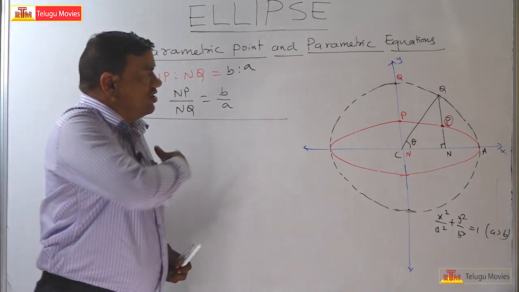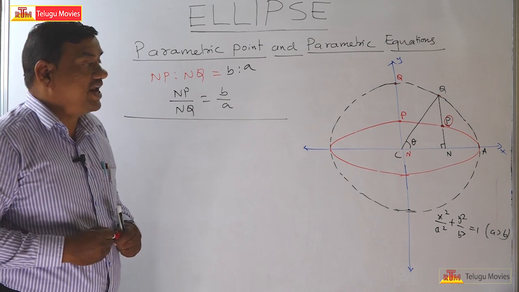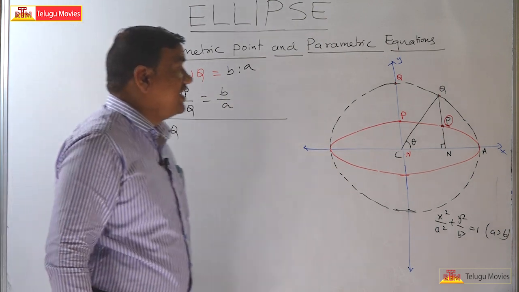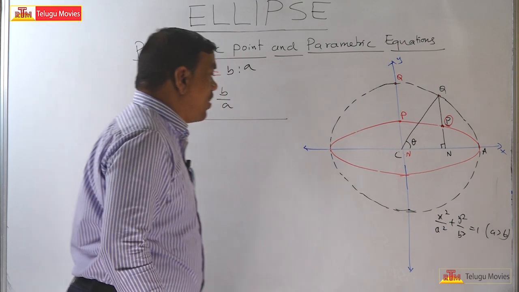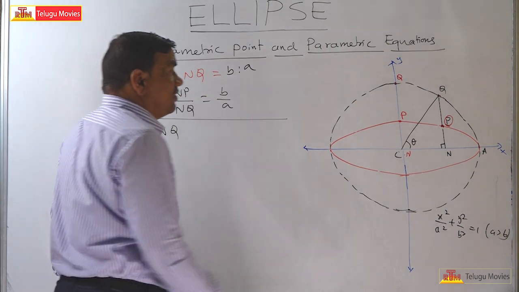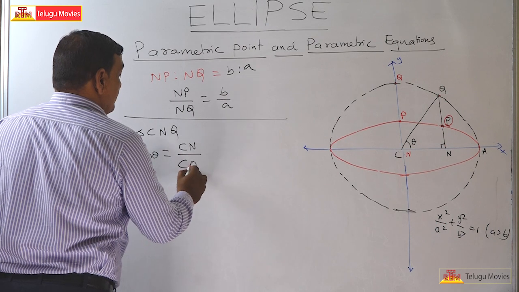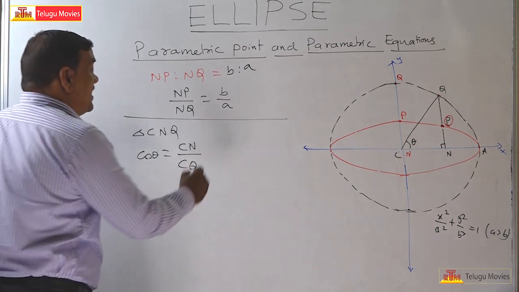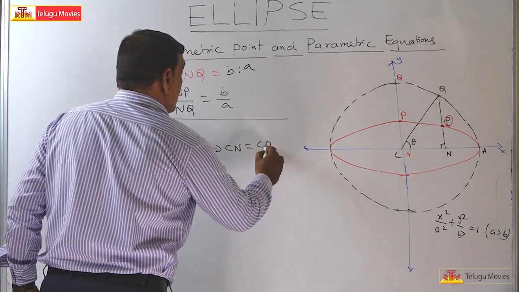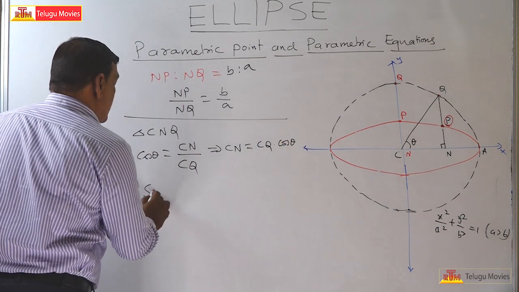Now, clearly you are seeing a triangle CNQ. CNQ is obviously a right angle triangle. Then what is cos theta? In trigonometry, cos theta is the adjacent side by the hypotenuse CQ. So from this, CN is equal to CQ into cos theta. Similarly, sin theta is equal to